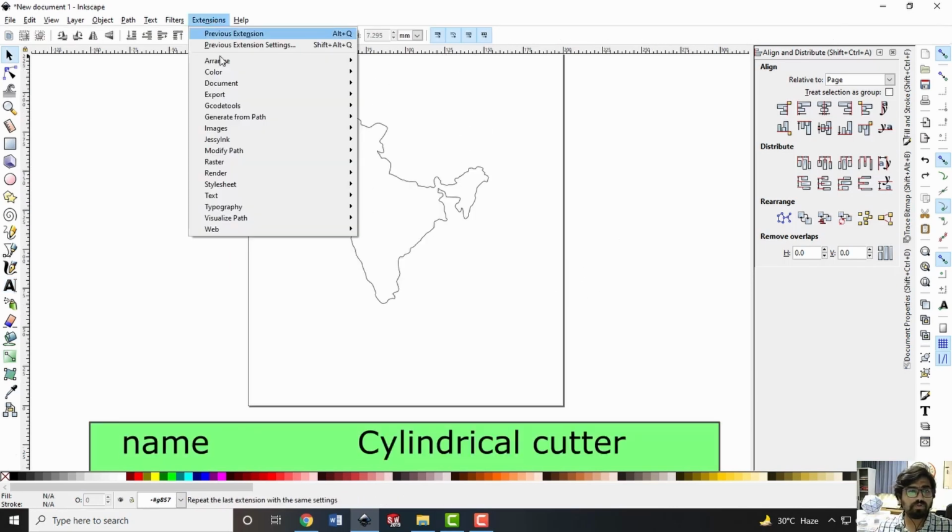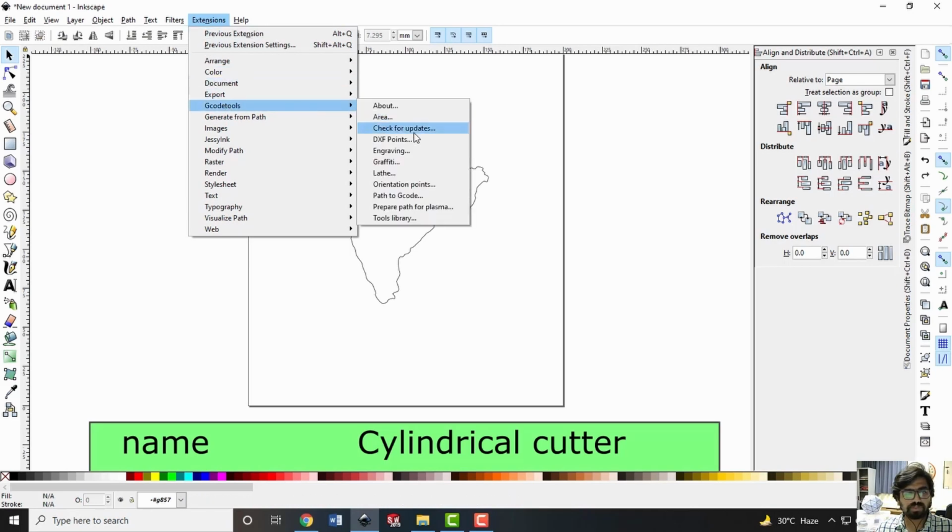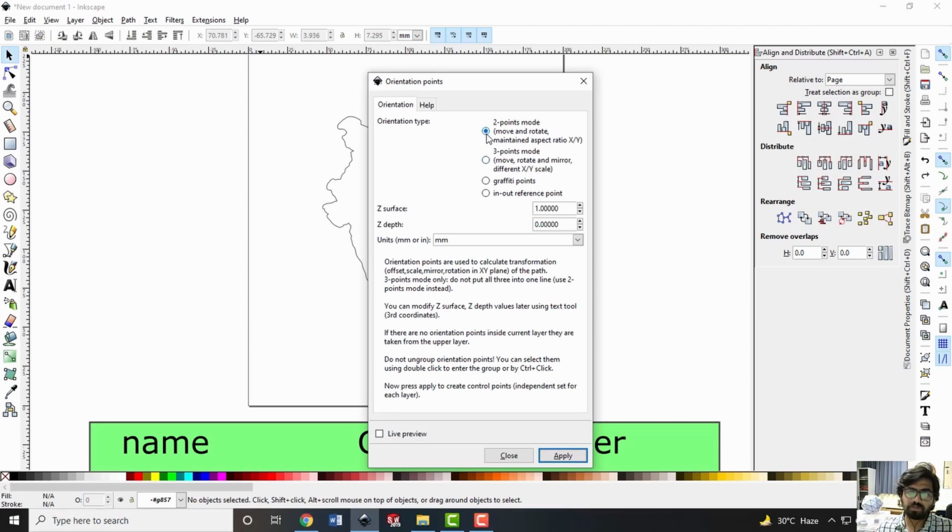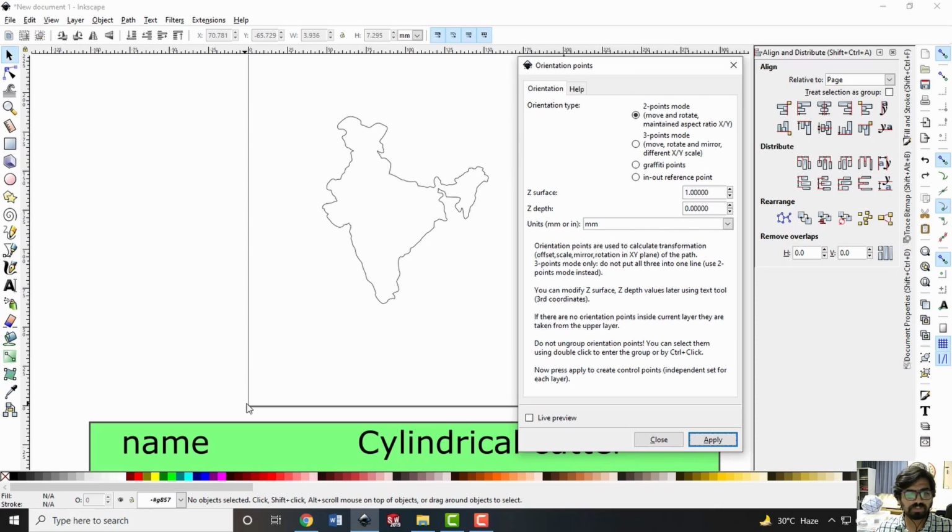The next step is to bring out the orientation points. So we'll go to the extension G codes and then orientation points. I will again use the 2-point mode for the orientation, and I will define my 0, 0 at this corner and 0, 100 at a particular location. Of course, in this case as well, I am considering my surface is at 1 and I am going to deposit the material at z equals 0. If you are depositing at a different height, then you can put that height here.